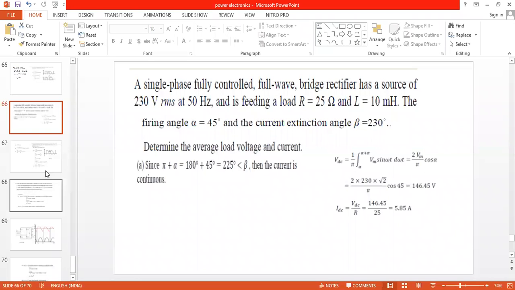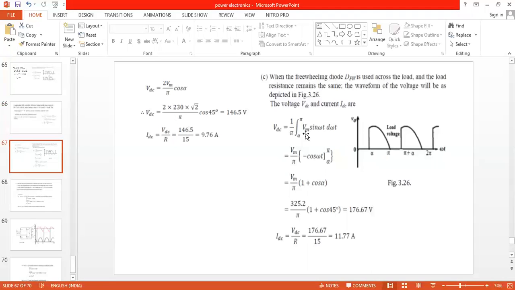All right. So now with the freely wheeling diode, you can see the formula we are having. The second stage, Vm by pi into 1 plus cos alpha. This derivation we have done. Many people get confused with the power electronics formulas. Remember, resistive load fully controlled converter: Vm by pi into 1 plus cos alpha. Inductive load without freely wheeling diode: 2 Vm by pi cos alpha. Inductive load with freely wheeling diode, what is the value? Vm by pi into 1 plus cos alpha. And what is the formula for RLE load? RLE load also, directly you achieve Vm by pi into 1 plus cos alpha with the freely wheeling diode. Without the freely wheeling diode, it is 2 Vm by pi cos alpha.